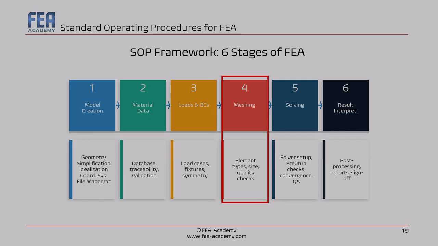At stage 4, meshing, as you know, the mesh is your discretization of a continuous problem. It is the backbone of the finite element method. Its quality governs whether the physics you've set up in stages 1 to 3 is correctly captured in the numerical solution. So a good mesh is not just fine, it's appropriately fine in the right places with the right element types. Very important, okay? Meshing is not only creating the discretization, it's also selecting the right element.